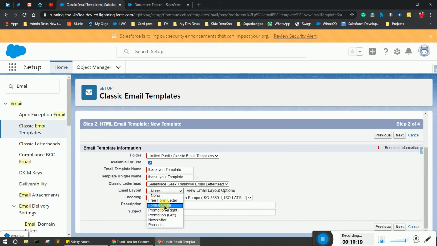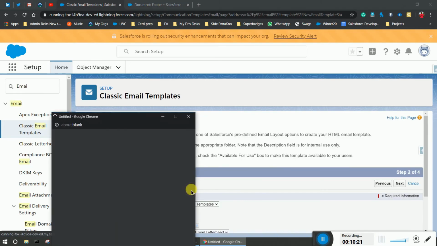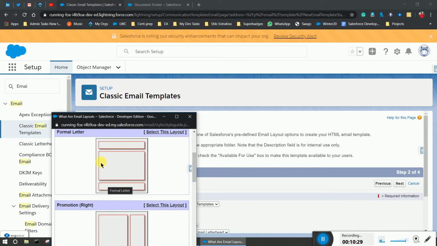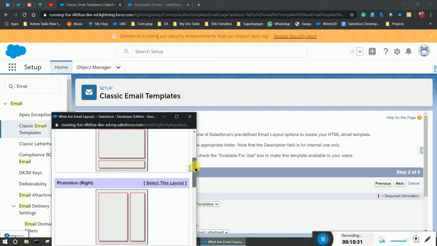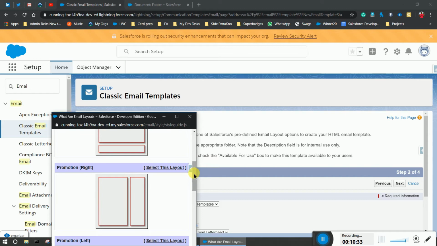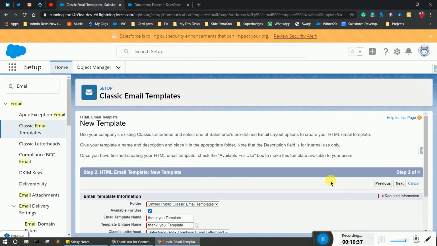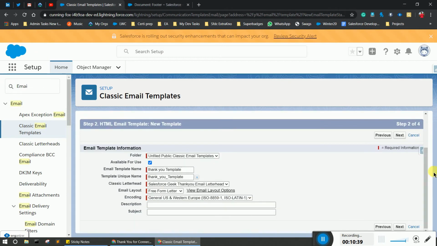If you want to see what kinds of layouts there are, you can see free form letter, and if you choose form letter, this will be divided into 3 sections. If you want to use promotion, then this one. I am okay with free form letter. Now simply click on next.